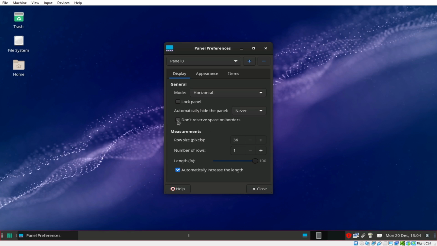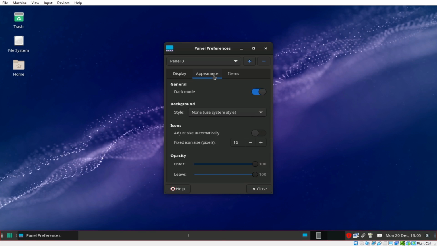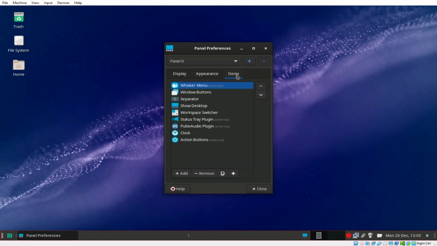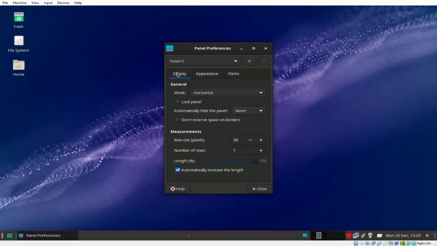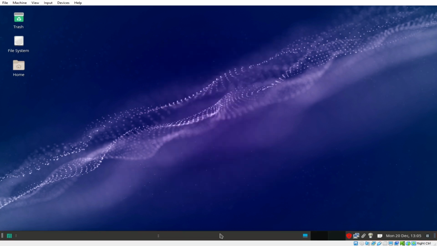Let me just try to show you how to move it upwards. Dark mode, adjust size automatically. I can't seem to move the panel. Anyways,